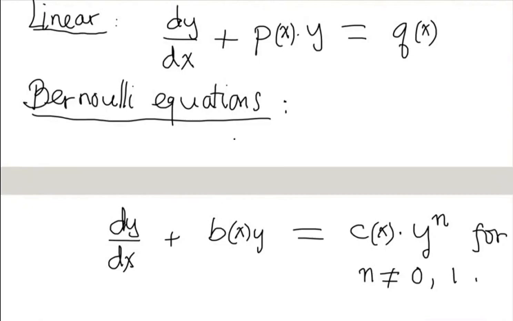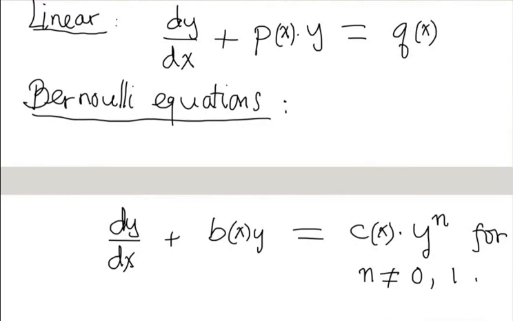Now, if you compare Bernoulli equations and linear equations above, you see that they are very similar, especially the left-hand sides are the same format, because we have a derivative plus a coefficient times y. The right-hand side for the linear equation is q(x) alone. But for the Bernoulli equation, instead of a coefficient in x alone, we have a factor y to the power n. And because of this, Bernoulli equations are non-linear equations,